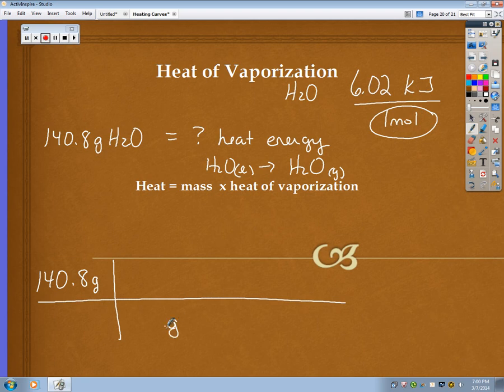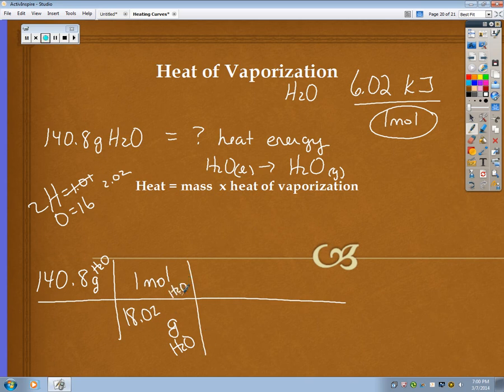So I need to change grams of water, right, this is water, to moles of water. So we use our mole map. If you add up hydrogen, which is 1.01, and oxygen, which is 16, and there's 2 of these, so it's 2.02. Your mass of water is 18.02 grams. And what do I know? That for every 1 mole of water, it takes 6.02 kilojoules, right here. So let's go ahead and solve that. On your calculator, go ahead and do that. And if you work it out,